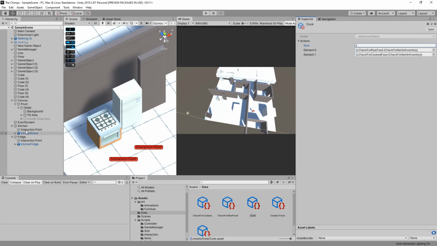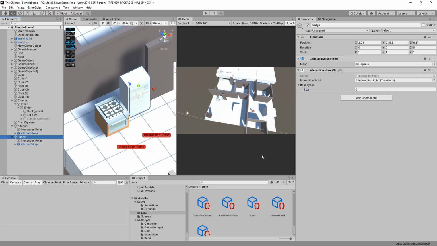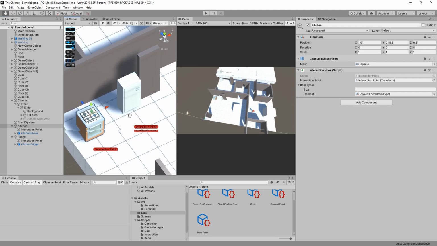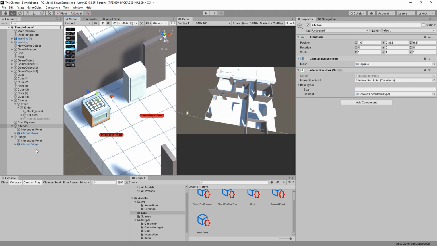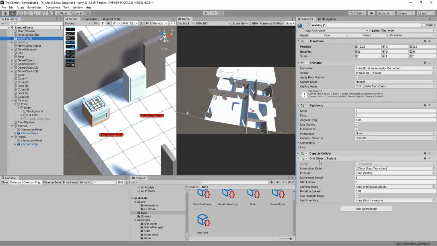Inside our level, we have two interaction hooks. The stove can give you cooked food, or something else, whatever. Right now we only need cooked food, and the fridge can give you raw food. So let's move the kitchen slightly below here just so that we see that this is working fine. And I think now all we have to do is go onto our walking, add the unit inventory,